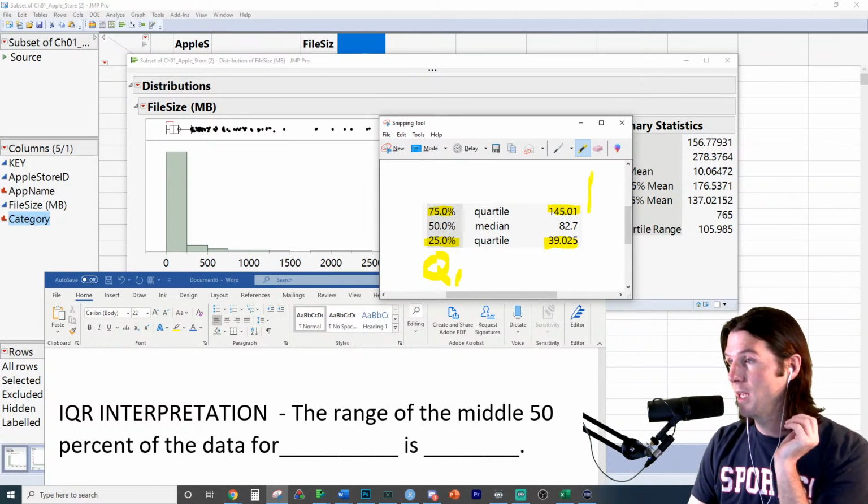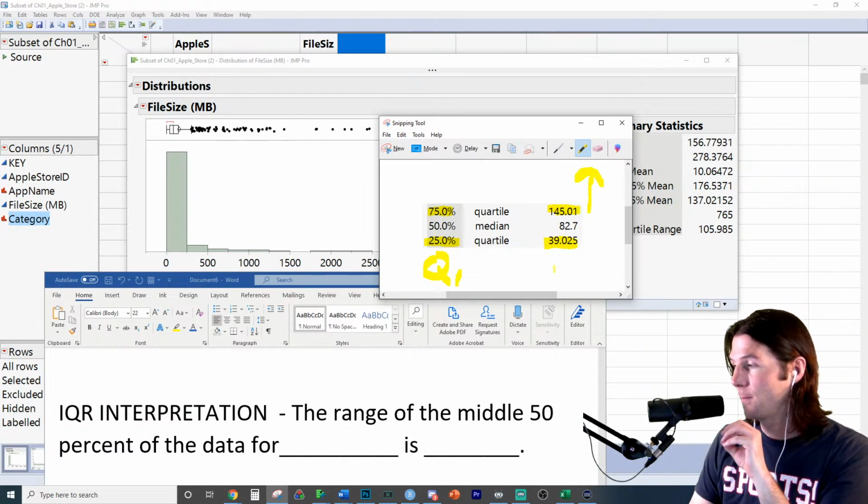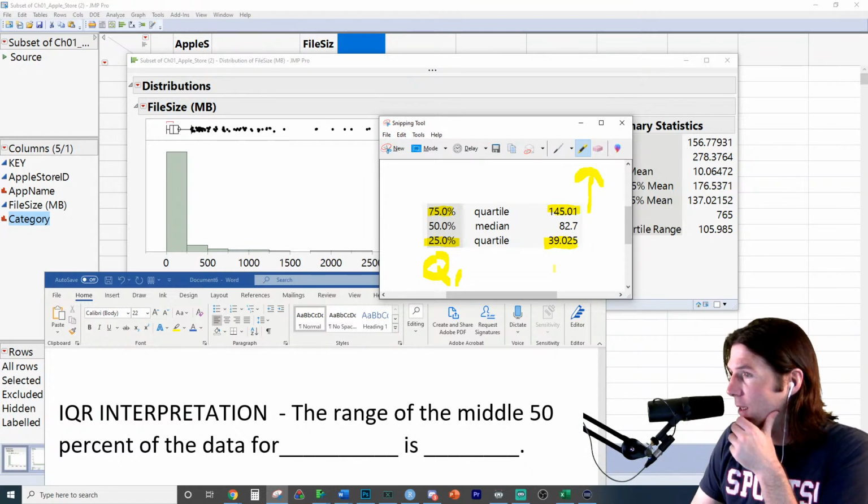25% of file sizes would be at or above this. At 75%, the top 25% of file sizes are 145.01 or bigger. The smallest 25% of file sizes for apps are 39.025 or smaller. Exactly. And then kind of, Alexander, it would be